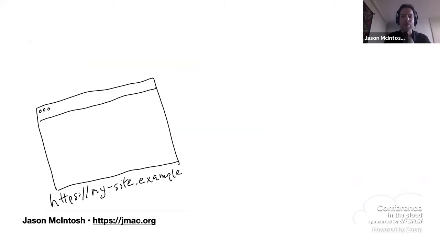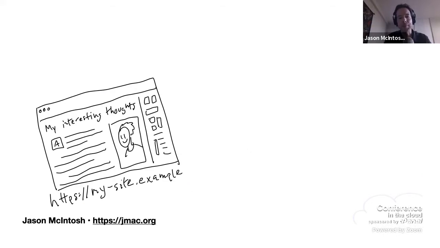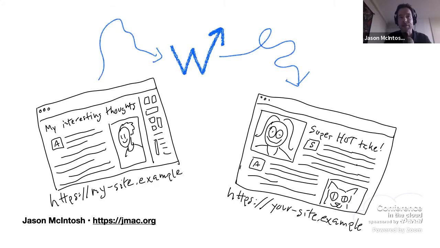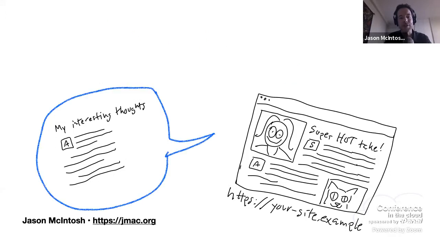Webmention implements indie web philosophies by allowing me to publish something on my own website under my own control in response to something that you wrote someplace else on the internet, and then follow through with that by sending your site a little specialized message. That's the web mention. That lets it know that I've done so. Your website can then react to it in some appropriate fashion, such as publishing my response as a comment.